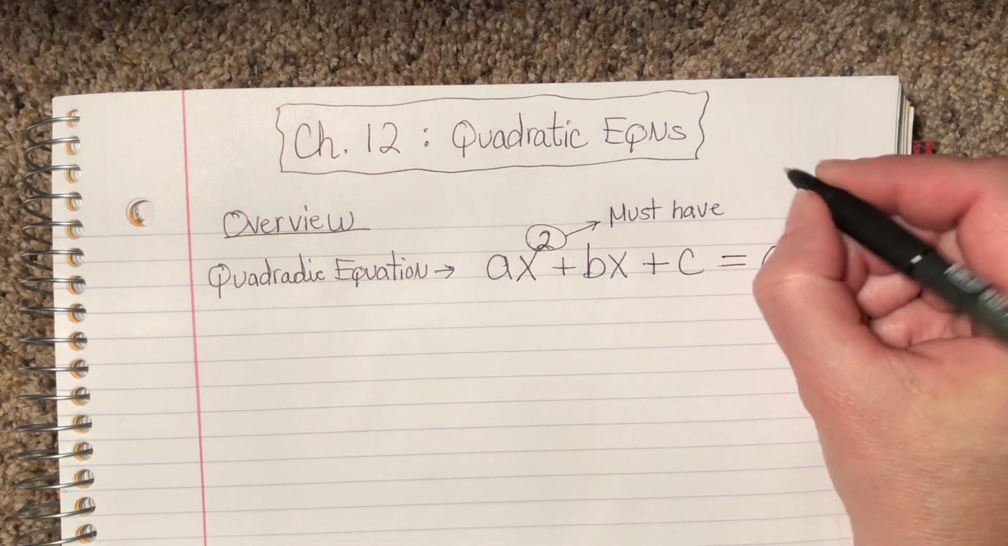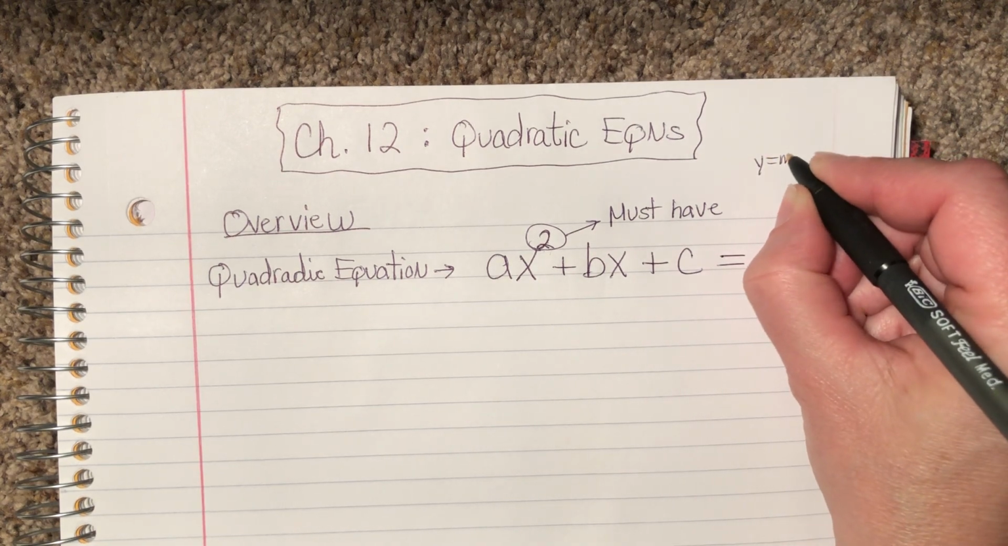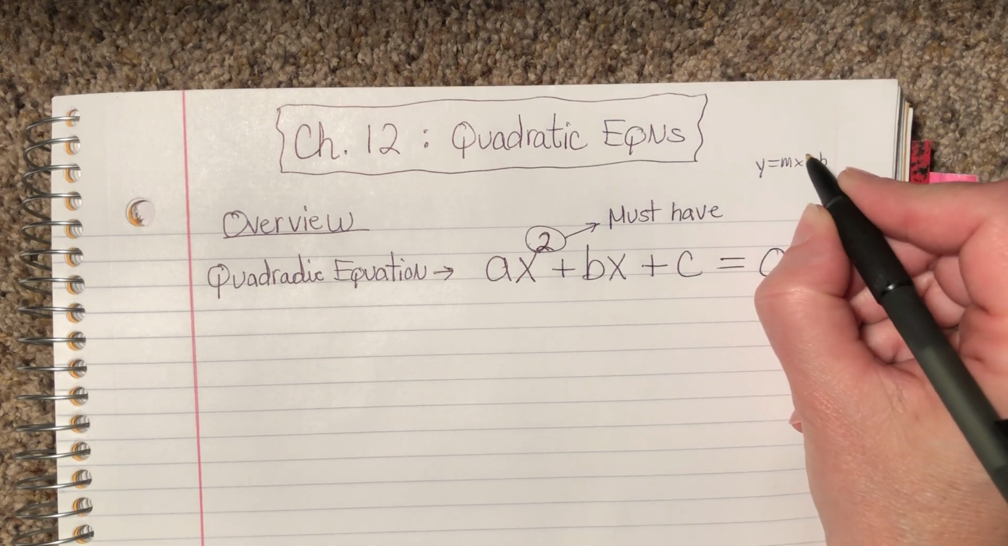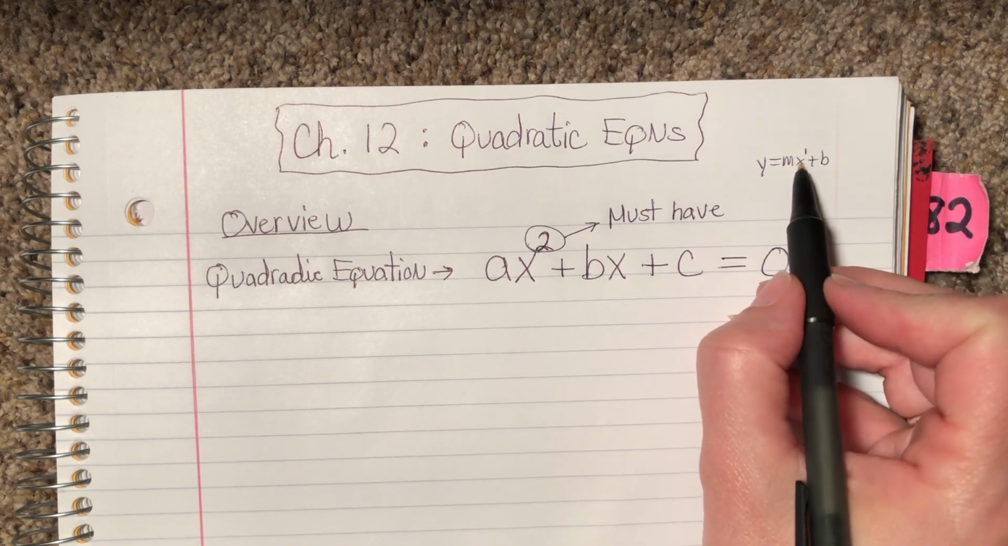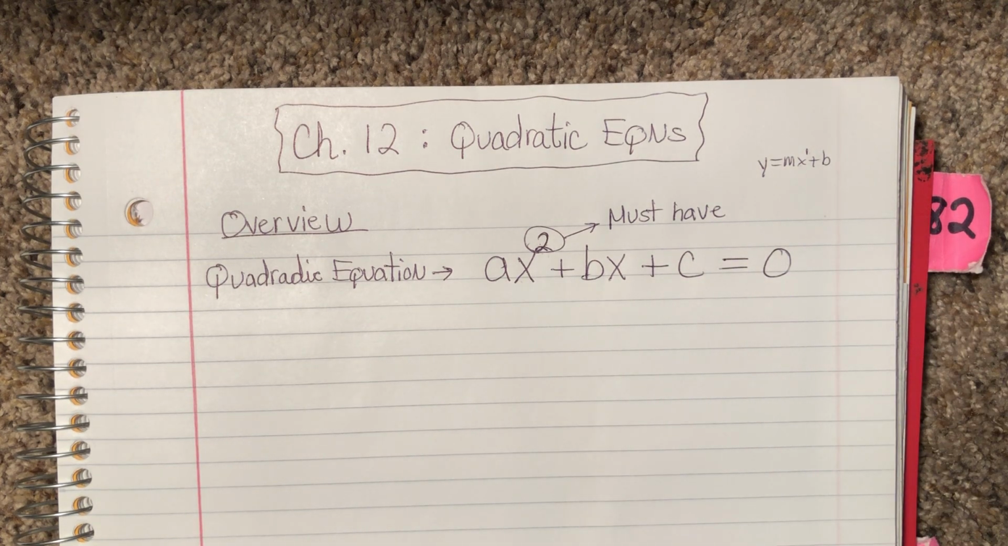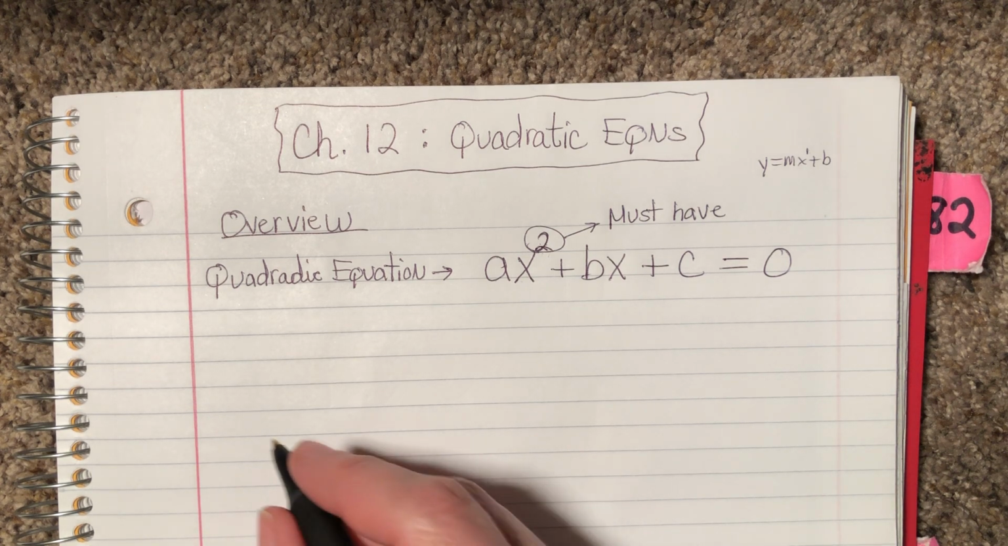If you think of a line, y equals mx plus b, the highest exponent on a straight line would be x to the first power. So x to the second makes it quadratic. And then if you put an equals 0 on it, it becomes an equation. Now, quadratic equations,